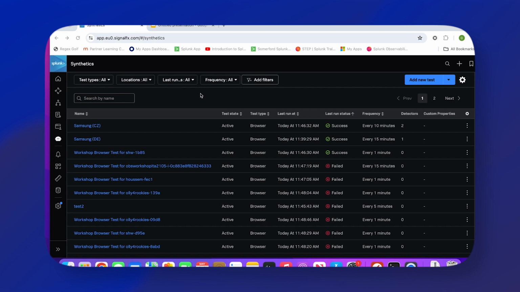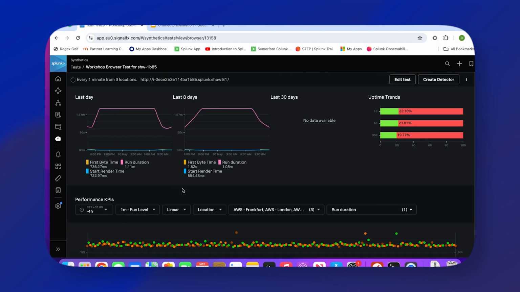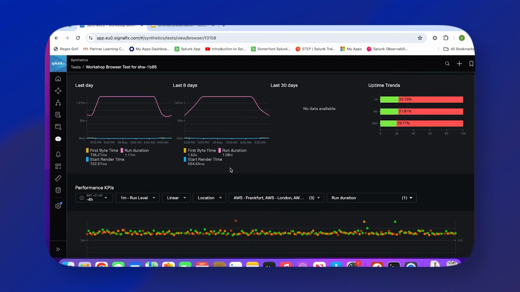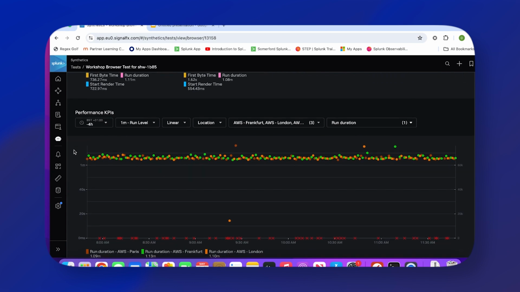And for today's video, we're going to navigate to the test that I've set up against our online web store. And when we click through, we're going to be met with a bunch of metrics that have been reported by these tests. So we can see the run duration over the last 8 days and also over the last day. We can see some uptime trends. And down here we can see a graph that shows our performance KPIs, and that is defaulted to run duration. Now, run duration is a helpful metric in and of itself,